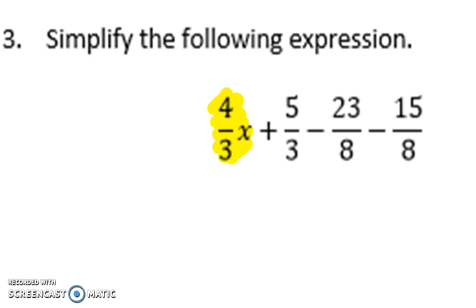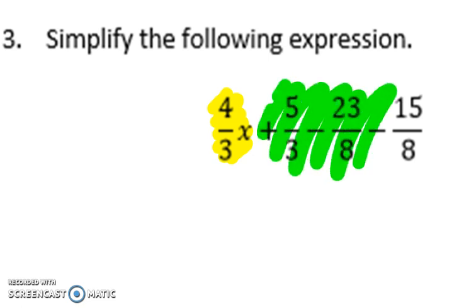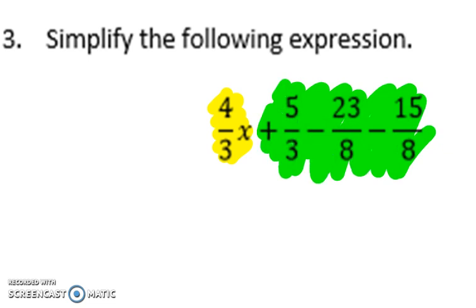But then if I look at my other three terms, none of them have variables, so they are all my constants. So I'm going to combine all three of them together. Now, at this point, this is when I would turn to the calculator and type it in. 5/3 minus 23/8 minus 15/8. When you do, we're going to bring down my yellow, because there was nothing else to combine it with. And we're going to get a decimal out, so we're going to hit math frac, and in this case, we're going to end up with